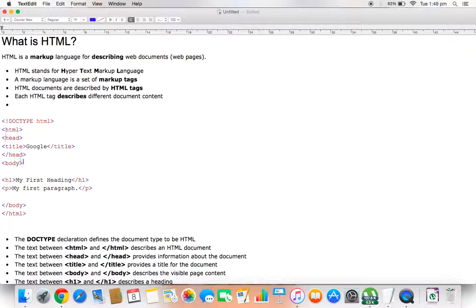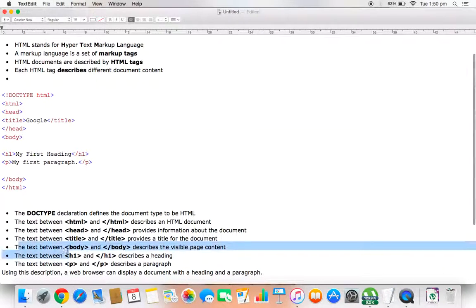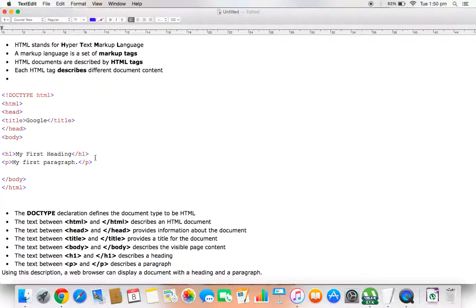After the head tag, the body tag comes. The body tag describes the visible page content. Whatever you write in your body will be visible as your page content. Like if you add an image to your page, you will add it in the body part. If you add a video on your page, you will add it in the body part. Each and everything you want to show on your web page will come in the body part. So we will use two tags in the body part, that is the h1 tag